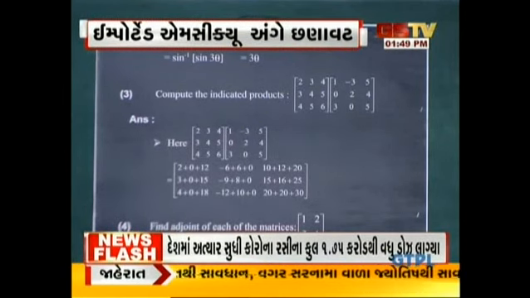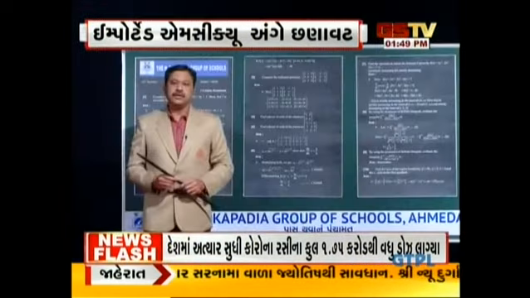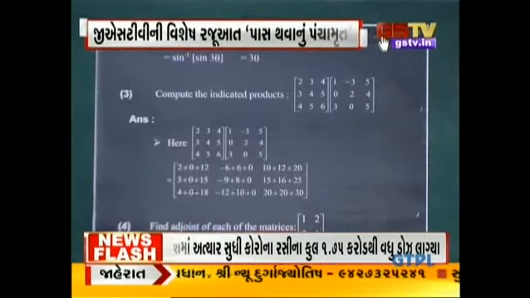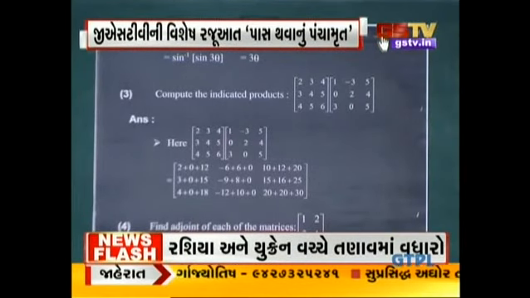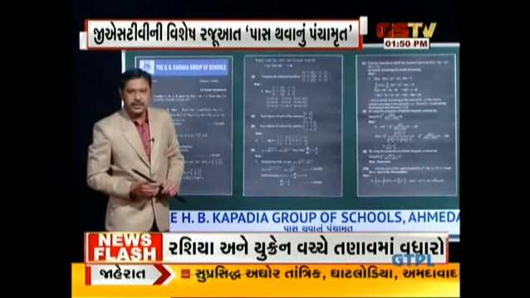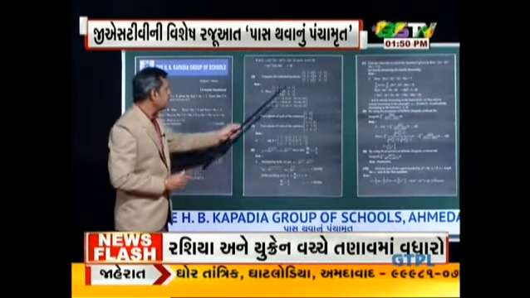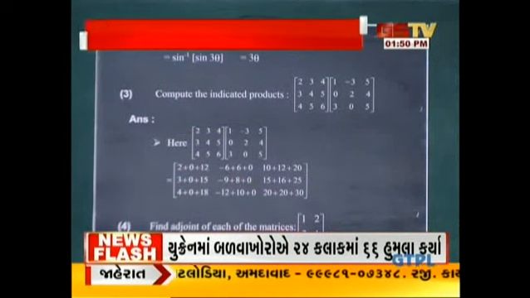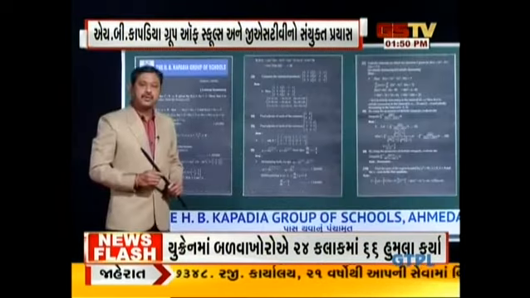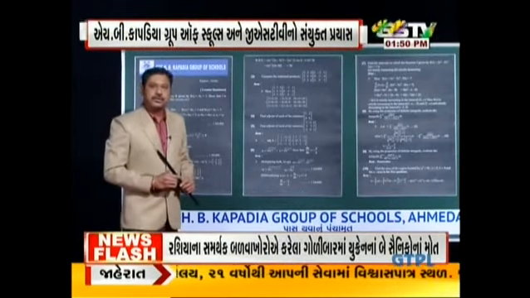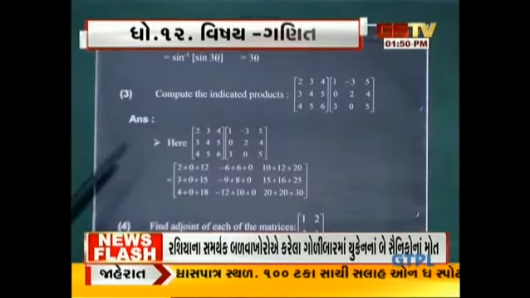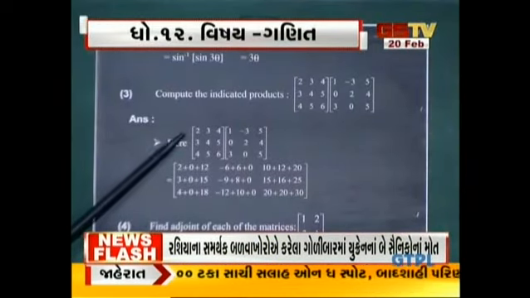The first step to solving a product of any two matrices is to check the condition. Condition is what? The number of columns of the first matrix and the number of rows of the second matrix must be equal. Here, the first matrix is of type 3 cross 3, the second matrix is also of type 3 cross 3. So the number of columns and the number of rows are equal to 3. So we can multiply the two matrices. Okay, so multiplication of matrix, first step, first row